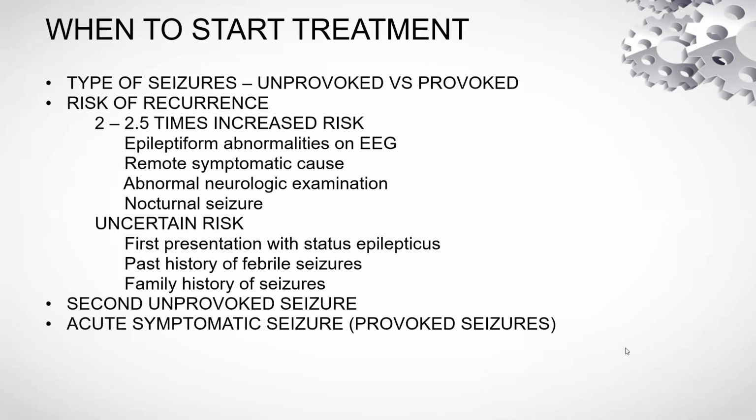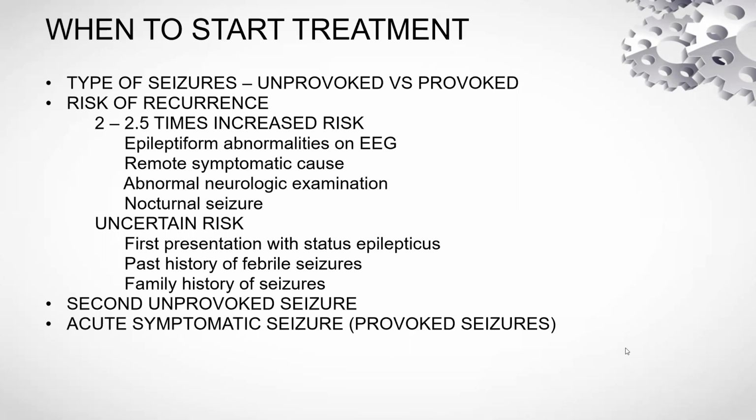However, certain risk factors increase the risk of recurrence even after a single unprovoked seizure. If those risk factors are present, then we should start treatment even after a single unprovoked seizure. These risk factors are epileptiform abnormalities on EEG. If a patient presents with a single unprovoked seizure and EEG shows epileptiform abnormalities, then we should start anti-epileptic treatment. If a remote symptomatic cause is identified either on history or on neuroimaging, for example, there